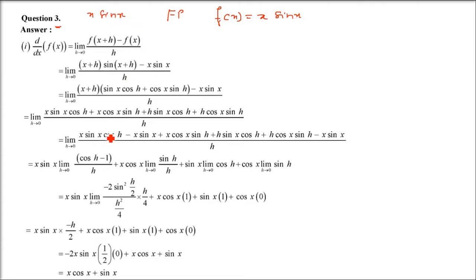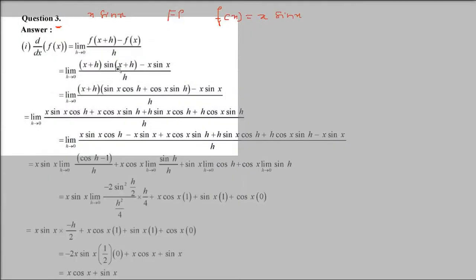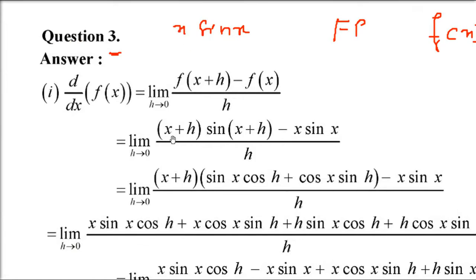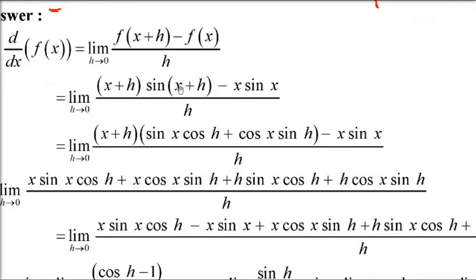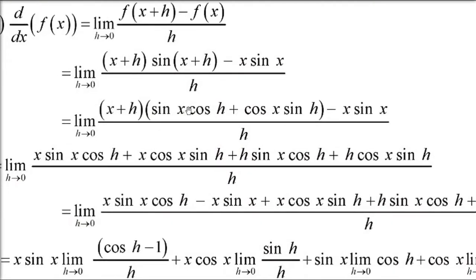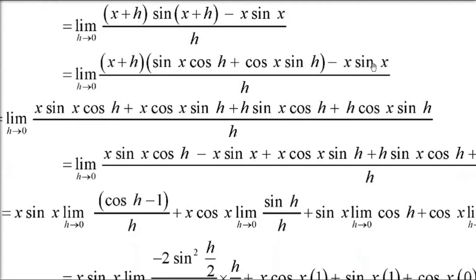Now this x sin x, just see this, I am going to put x as x plus h here, that is f(x+h), and the same function you have to write here in place of f(x). Now this is sin(a+b), so sin(a+b) means sin a cos b plus cos a sin b. This is the formula we are going to use. Now multiply x plus h with the sin cos term. Now x sin x is already there. Now what do you get here?